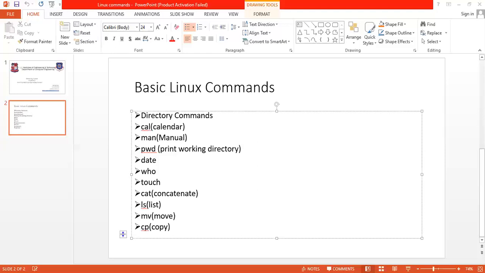So cat hyphen n, file name is file1. Okay, so cat hyphen n means what? Number of lines of file1. Okay, so the file1 contains two sentences, so obviously there are two lines. So by using these options you can see the number of lines in the existing file.